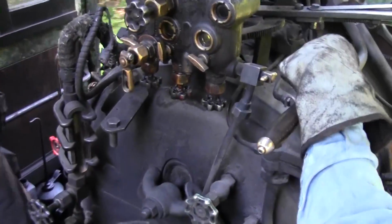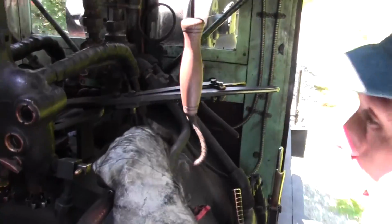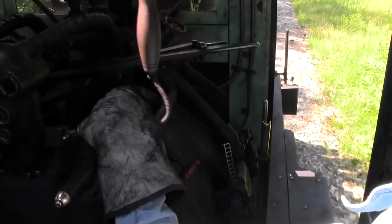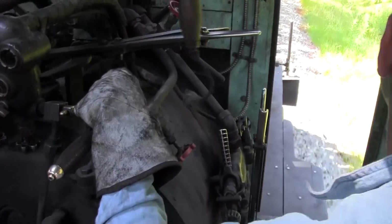Some people think Buckeye curve a lot faster than other people do. There was a wreck here. I like to slow down for it. Yep. Of course, in the diesel, you're getting